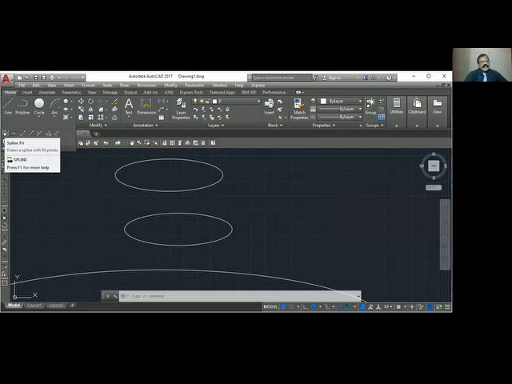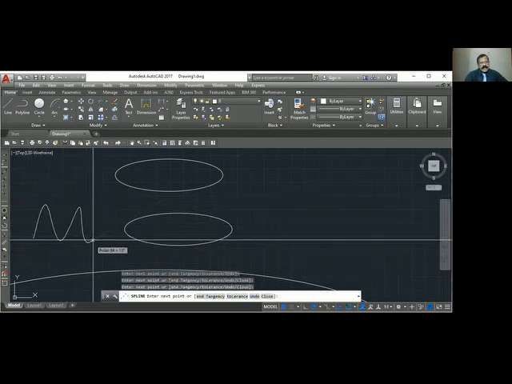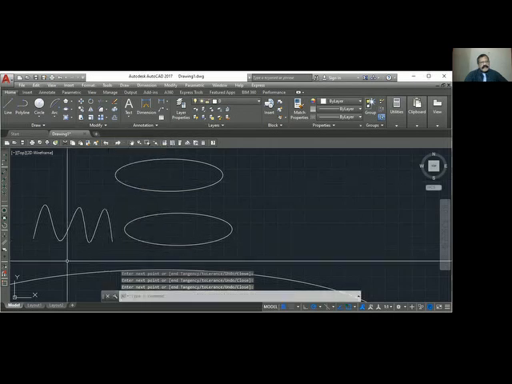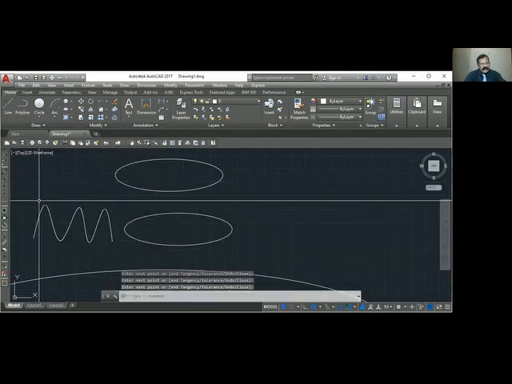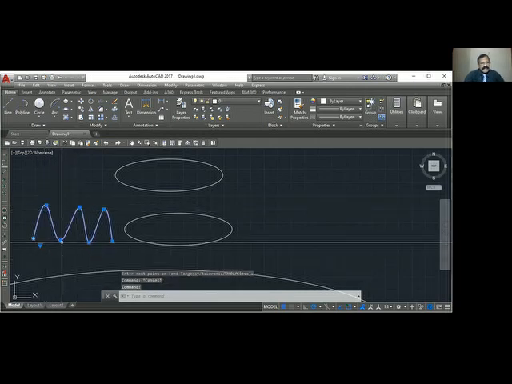Spline fit. There are two types of spline, one is the fit type and the other one is CV type. We are going to see spline fit now. Click this, and you can draw a fit spline. When you click this, you can see that it is drawn based on these corner points.